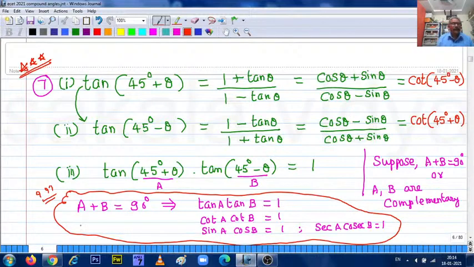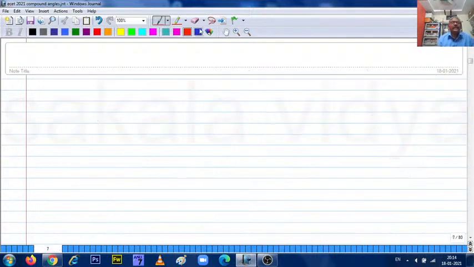So now let us move to the eighth. Now shortcuts I am going to discuss in the eighth one. This is also very important. These are actually problems as well as shortcuts. First one, if